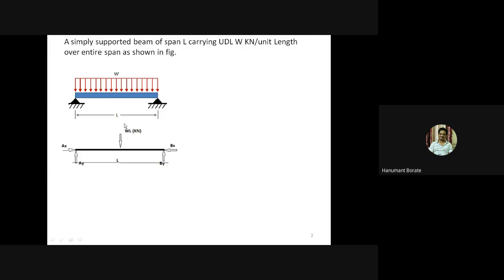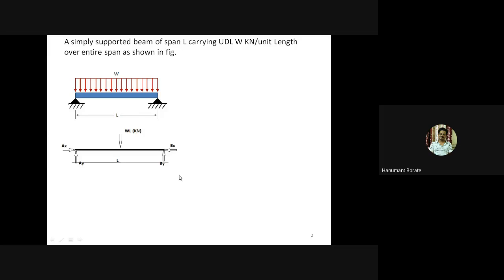Then first we need to draw the free body diagram. While drawing the free body diagram, we need to replace the hinge supports. Here are the two hinge supports. While replacing a hinge support, we always take two reactions, one vertical, one horizontal, right? So here I have taken two reactions at point A and two reactions at point B. Then to solve